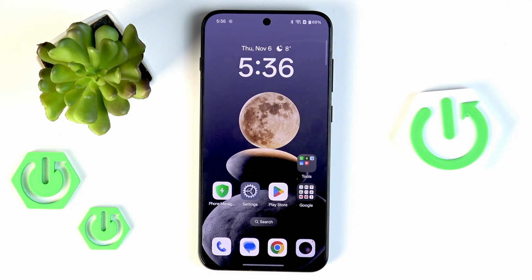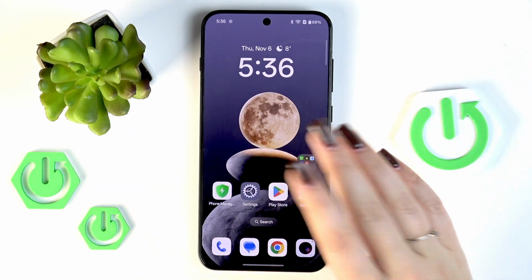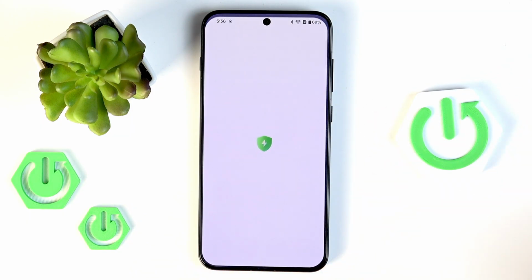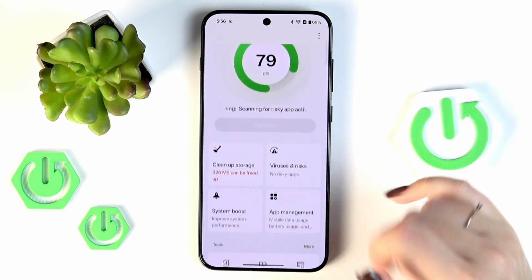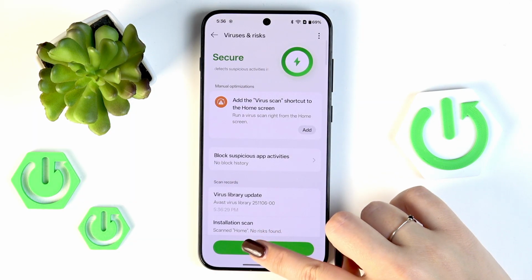So let's start with finding Phone Manager. This is the pre-installed app, so for sure you've got one. Just try to find it and then open it. Right here we've got something called Viruses and Risks, so let's tap on it and then tap on Scan or